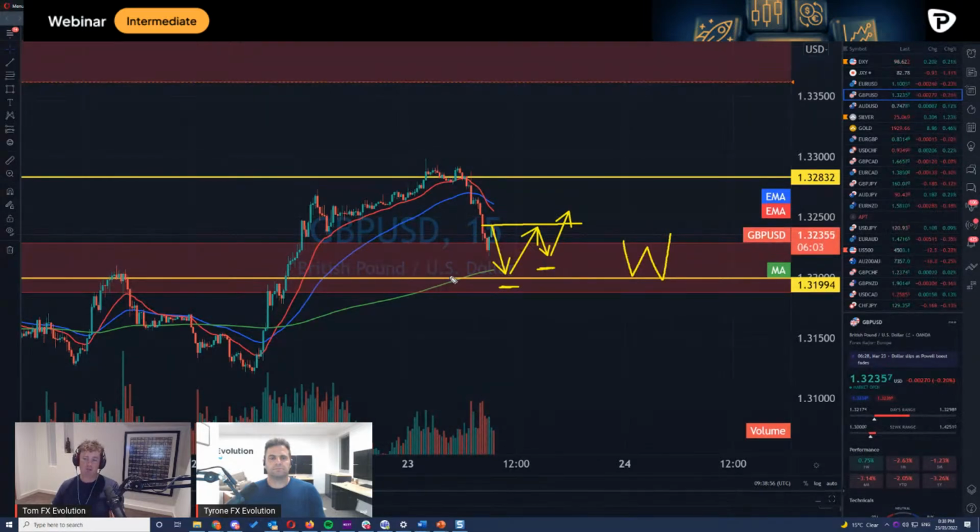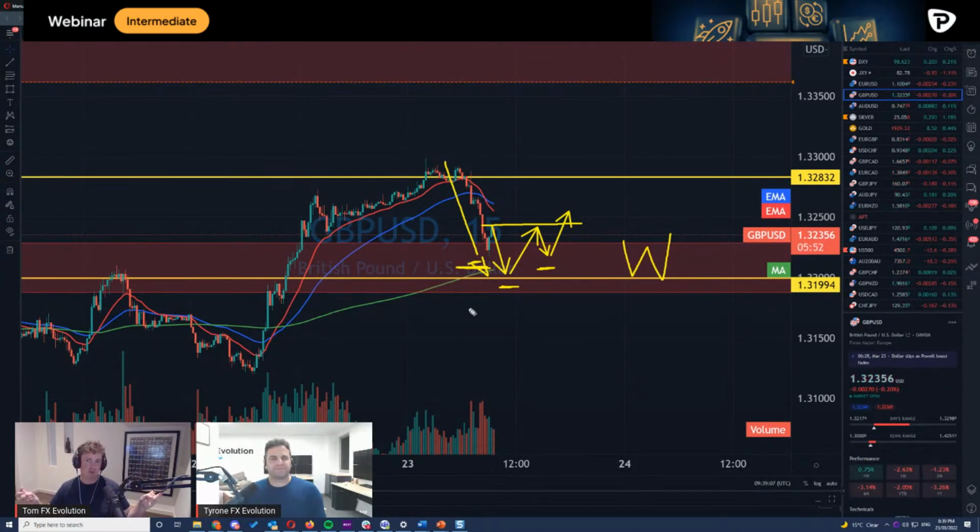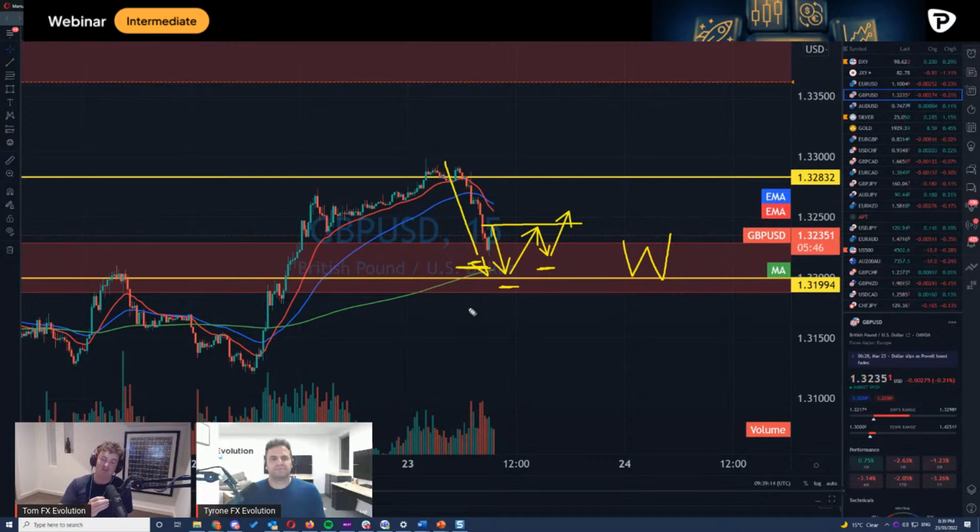The problem a lot of people have is they just go bang, buy. Okay, great. Where am I going to place my stop loss? Here's the issue. I can place my stop loss a fixed amount of pips behind, a recipe for absolute disaster. I did it when I first started. My 15. I think everybody does. 15 pips. That wasn't enough.